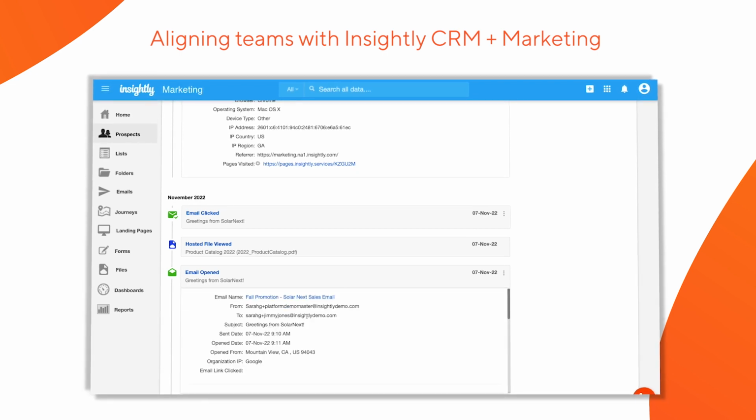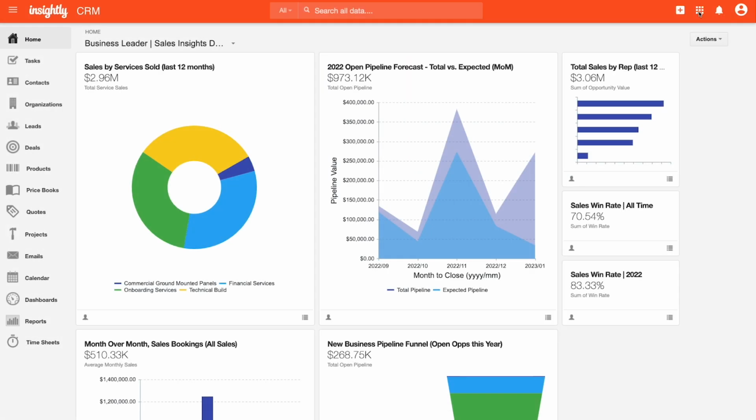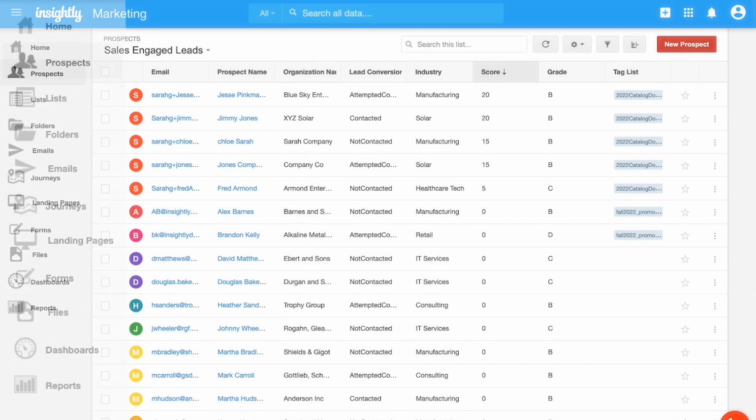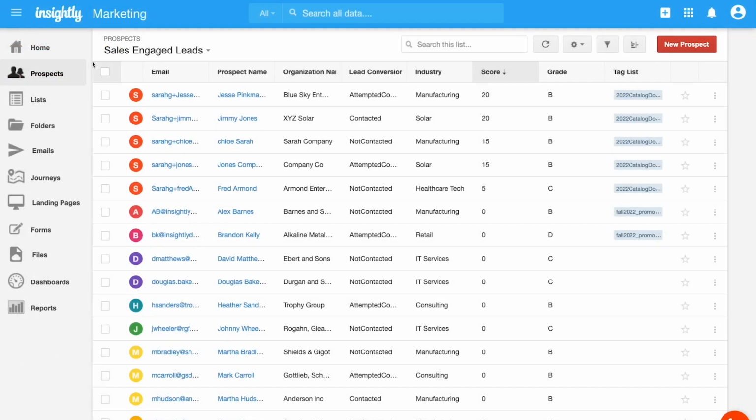Let's get started. Insightly Marketing is natively accessible from within Insightly CRM. When you navigate into Insightly Marketing, you'll notice the user interface similarities, designed with simplicity and consistency in mind to drive user adoption. The prospect object will house your marketable audience, whether that be prospects being nurtured by your marketing